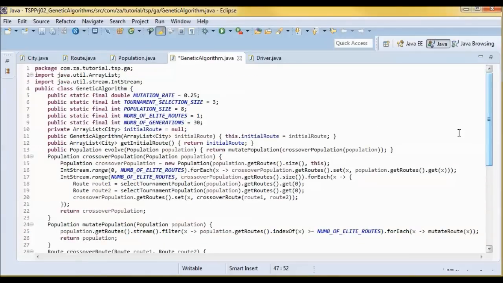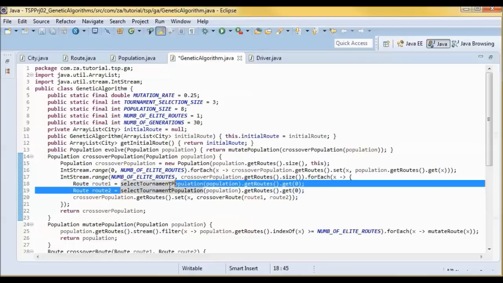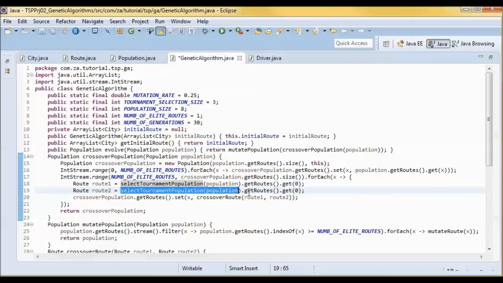And in the method crossover population, we are picking the fittest one, so get 0. We have route 1 and route 2. We do another select tournament population call, and we do get 0 also.